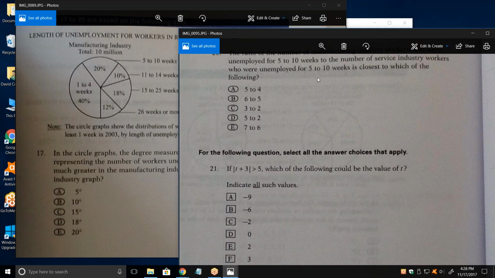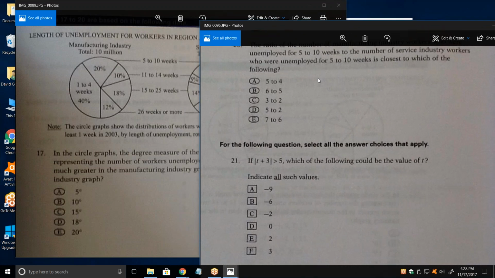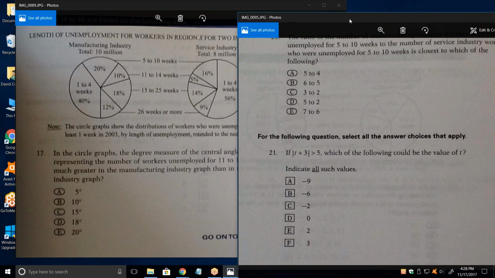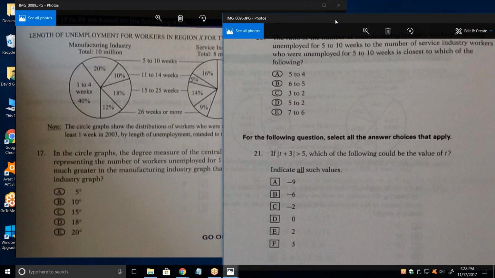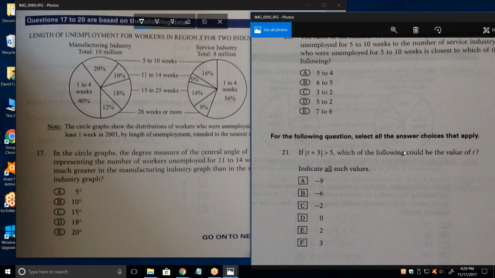This should be relatively easy. I can almost figure out what that top line is. They want the ratio of people who are unemployed. Oh, I see it. The ratio of the number of manufacturing industry workers who were unemployed for 5 to 10 weeks to the number of service industry workers who were unemployed for 5 to 10 weeks is closest to which of the following? Okay. Since these are in percents, there is